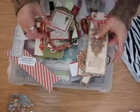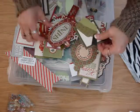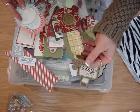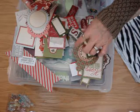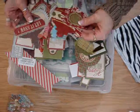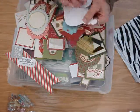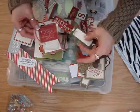And I just have tons of this stuff to use. And I like punch out pages, those tags that I had left over. There's more in here from days when, and there's some in here already, but these are for when I used to swap years ago. Big ornament looking things and glittered pieces, and I mean, I have tons of this stuff